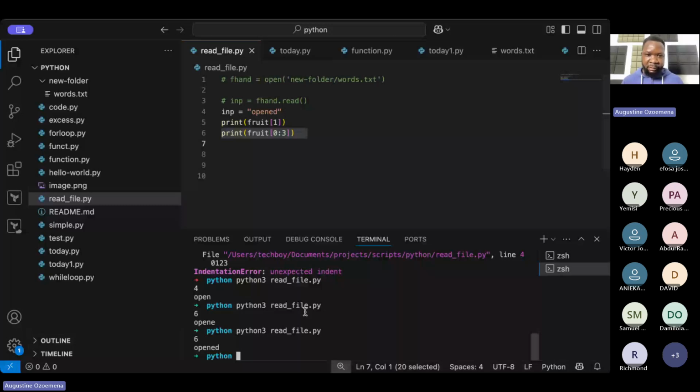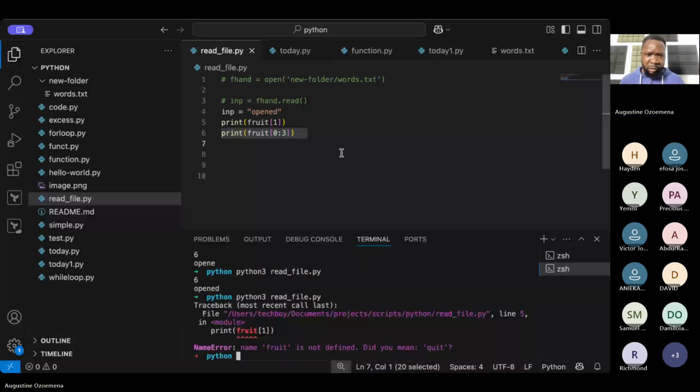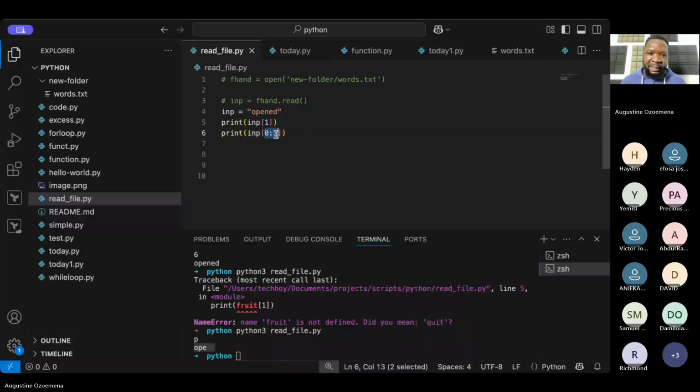If I run it, oh, okay, this is not, this is INP. And then if I run it, you see that this is giving us 0 to 3, but let me show you. If we want to print this on line 5, we are saying print this word, but just give us